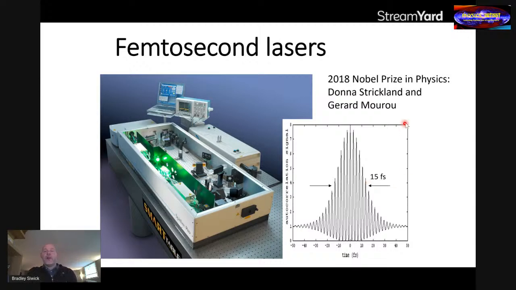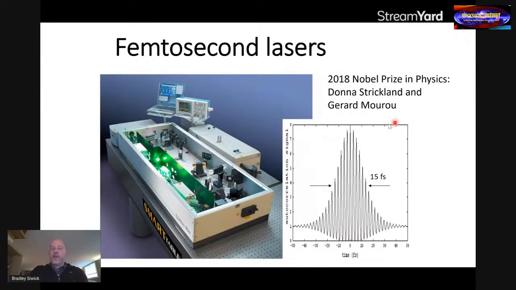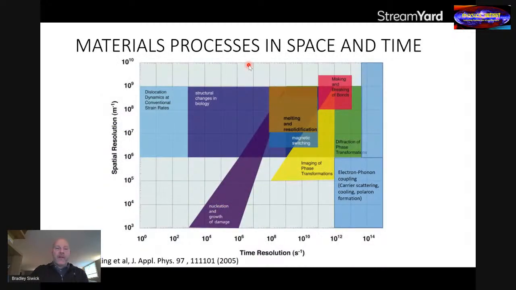Okay, so let's move on. A critical piece of the puzzle is these short laser pulses that can be produced by modern femtosecond lasers. Okay, and so here's a plot that shows you as a function of space and time where a set of important materials processes occur. So the important thing to note is that up in this corner, right? So over here, you have processes that are occurring